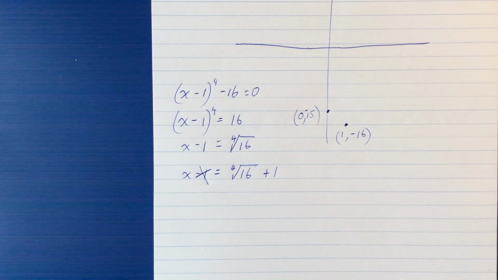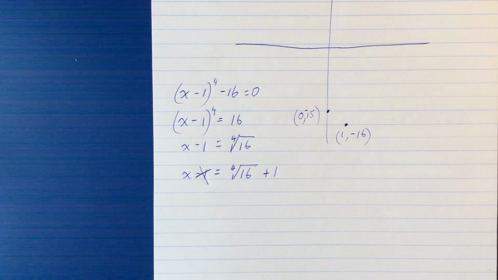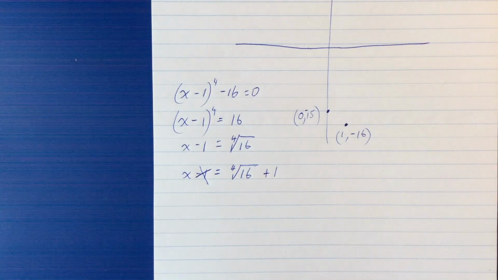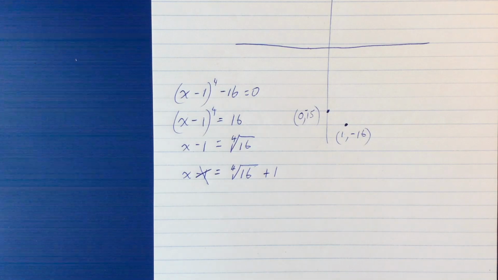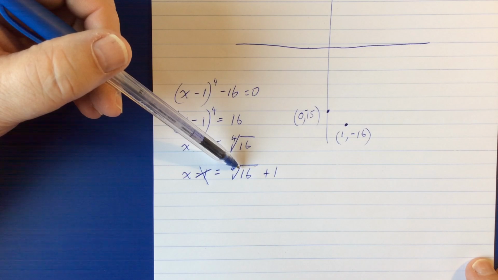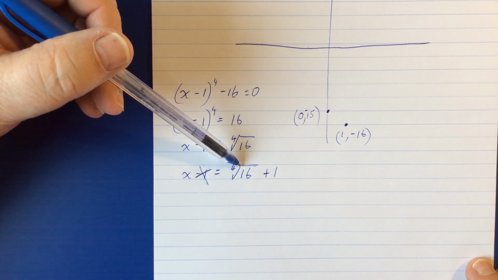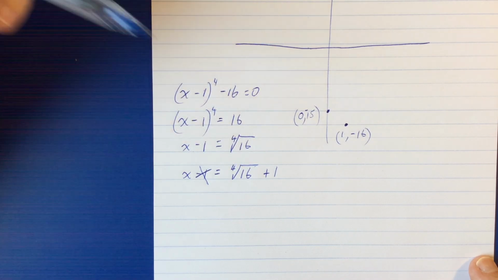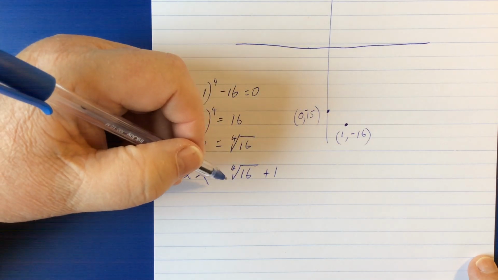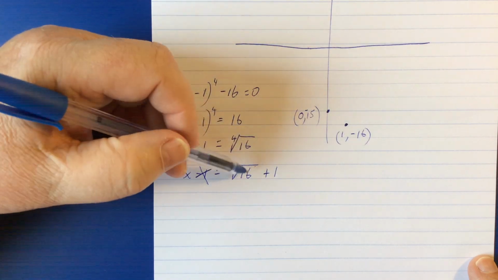Now, there are a few things to say about that. First of all, the 4th root of 16 could be positive or negative, and that's important. We can also probably simplify this. What's the best way of doing that? Well,